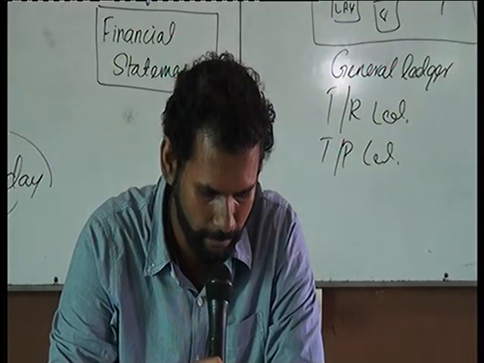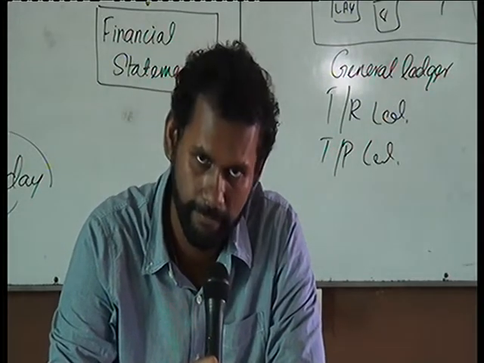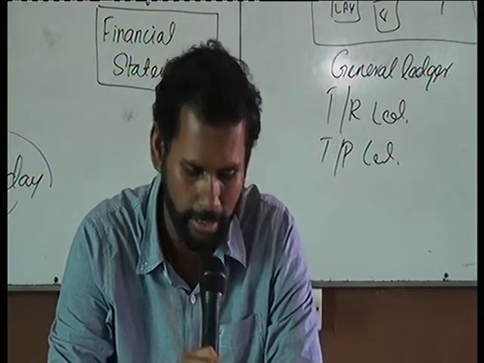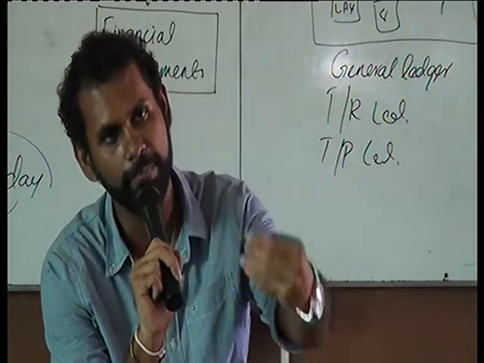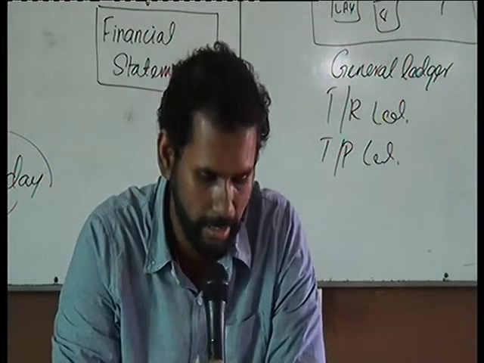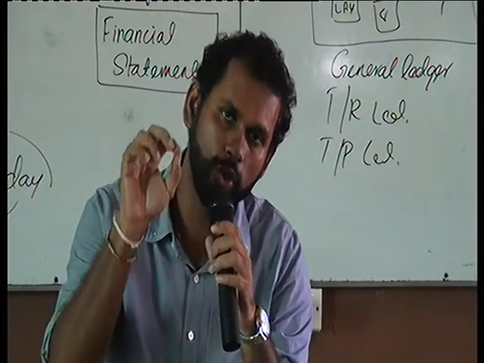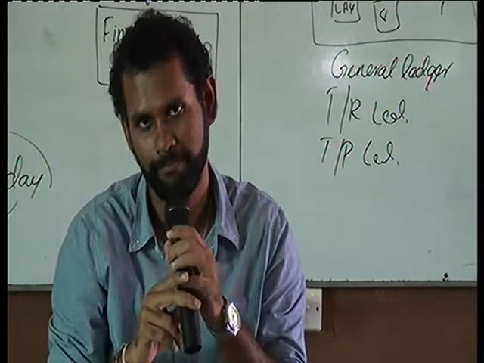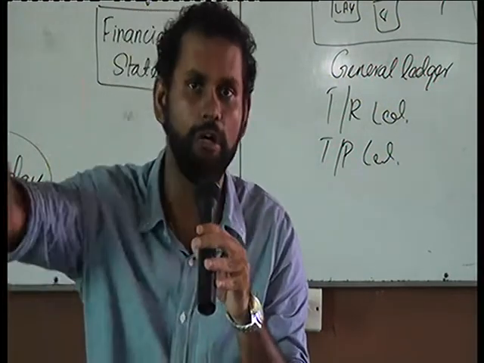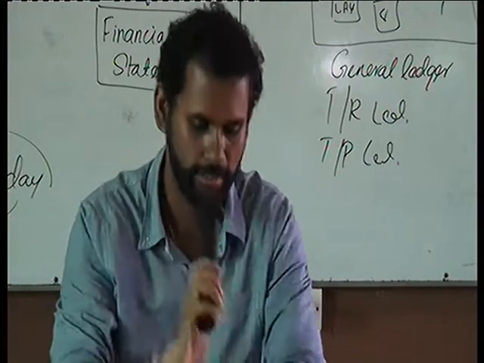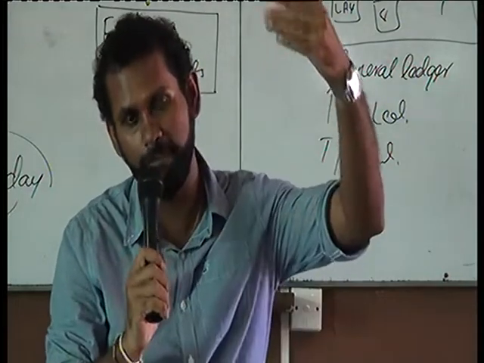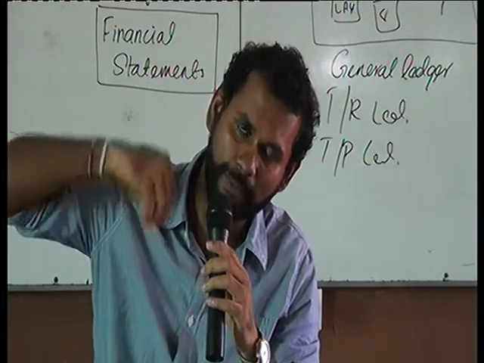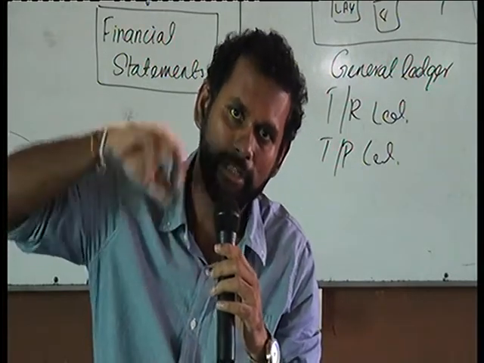Then we have credit sales, with the sales invoice. Credit sales mean sales that we made on a credit basis. For that, the source document is the invoice that we issue to our customer, the sales invoice. The previous one was the purchase invoice, where the supplier issues the invoice to us. So here it's the other way around.